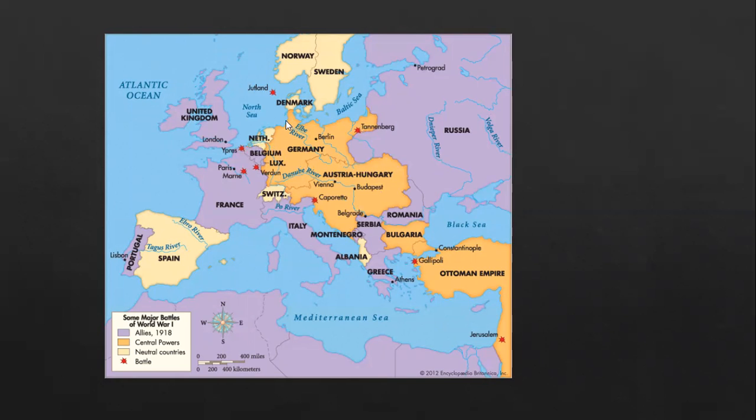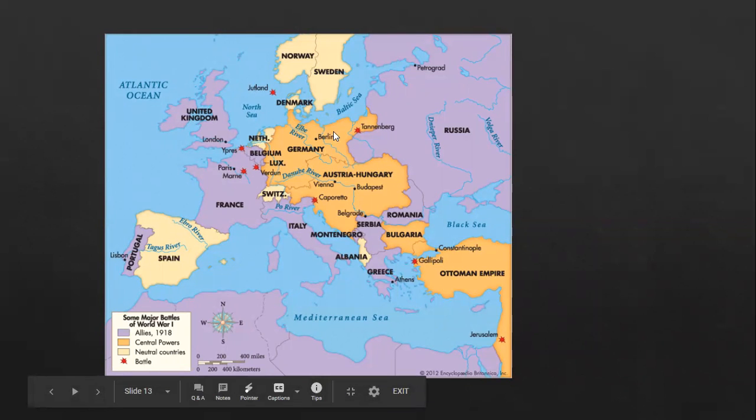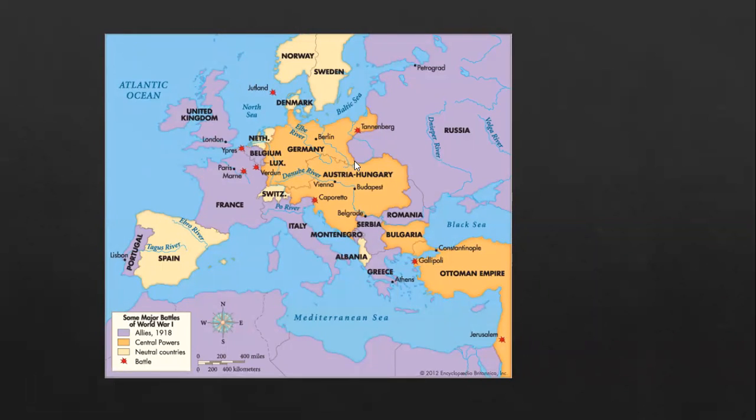The German Navy was blockaded by Britain. Britain was able to put a blockade right here in the English Channel, as well as right here between Scotland and Norway. And they were able to keep Germans from trading. So, right off the bat, as soon as World War I started, Germany was cut off from the rest of the world, cut off from its colonies, cut off from its allies, and it was starting to starve, right? It was running out of fuel, running out of food, running out of resources, okay? And so it was doing really bad.